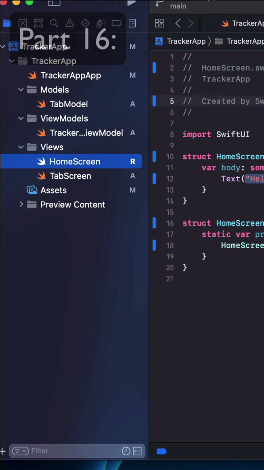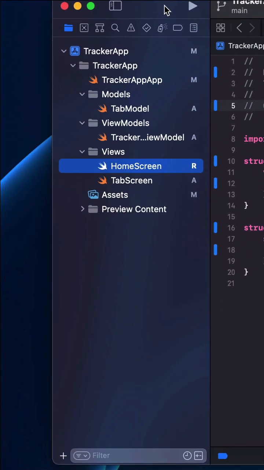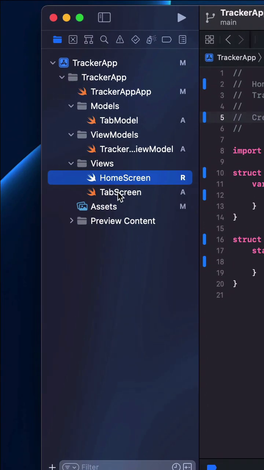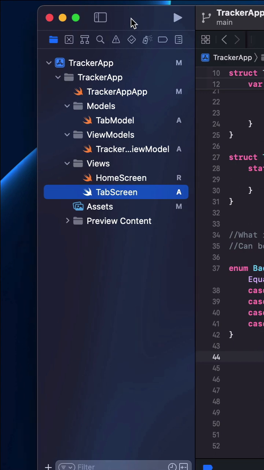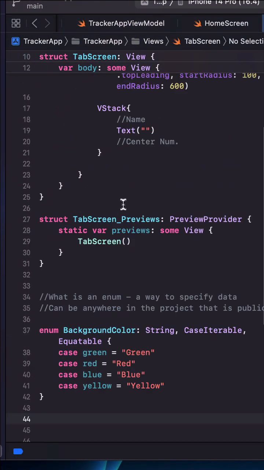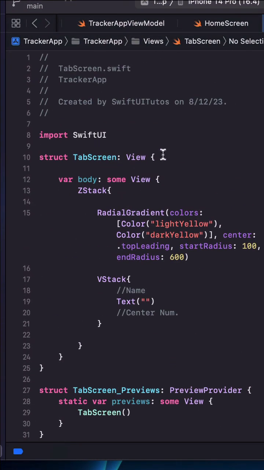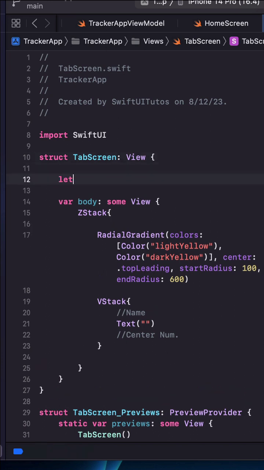Hey guys, and welcome back to our ongoing journey of making an app entirely on Rails. So today I did want to take a step back and explain what we're working on right now: the tab screen view, which is just a UI component in our app. What it needs to do is take in information from other parts of the app and just present one screen. To do that, I'm going to declare a constant at the top with let background